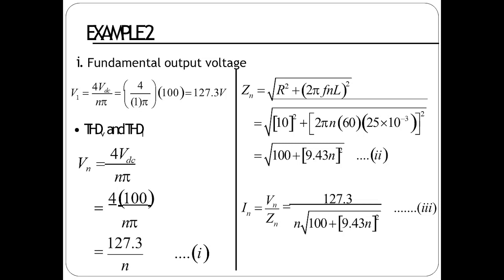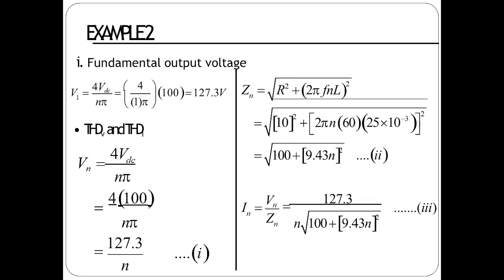Next we will find out the voltage and current total harmonic distortion. THDV refers to the total harmonic distortion of the voltage, and THDI refers to the total harmonic distortion of the current. Now we will find out what Vn is. Vn is equal to 127.3 by n. So if there are n harmonics, then this voltage can be calculated. Suppose the fundamental voltage is V1; for different harmonics or different levels, we can find this Vn. So in place of n, we write the number, and by writing the number n, we find